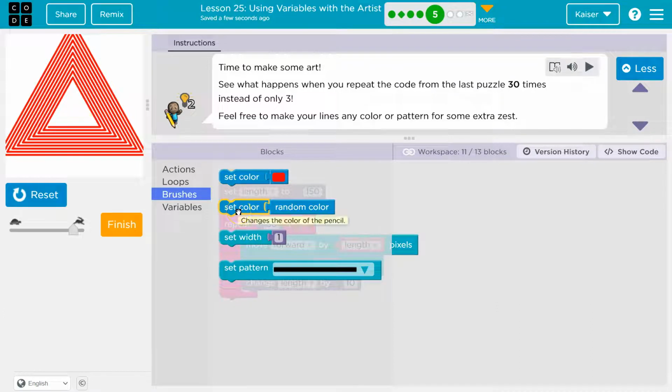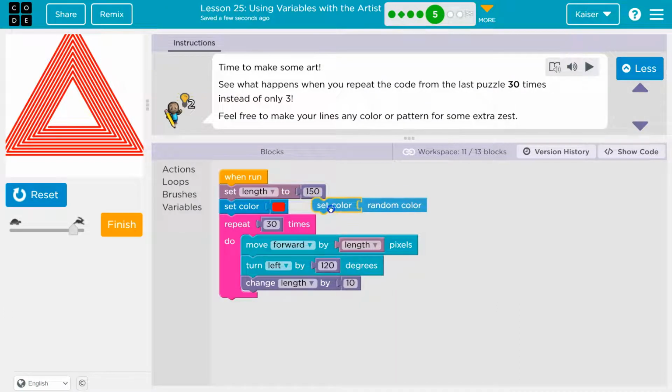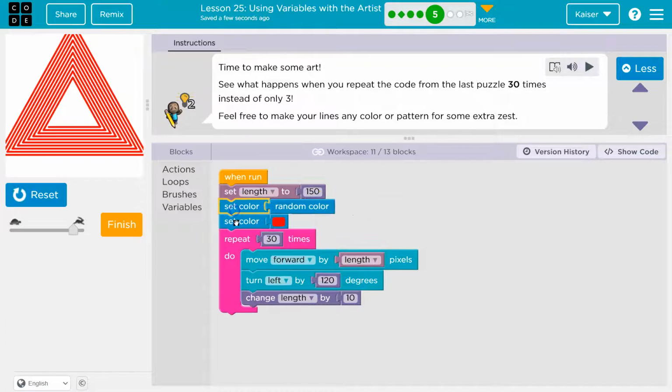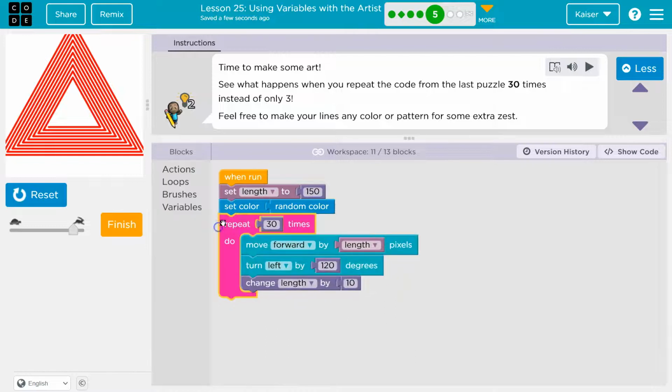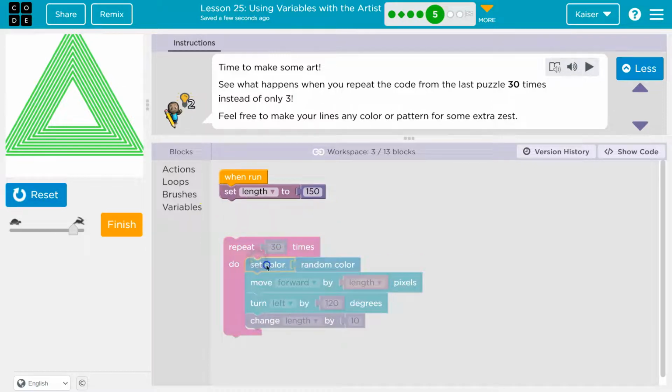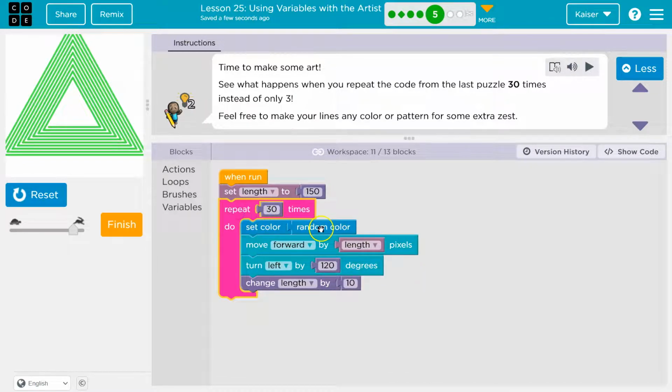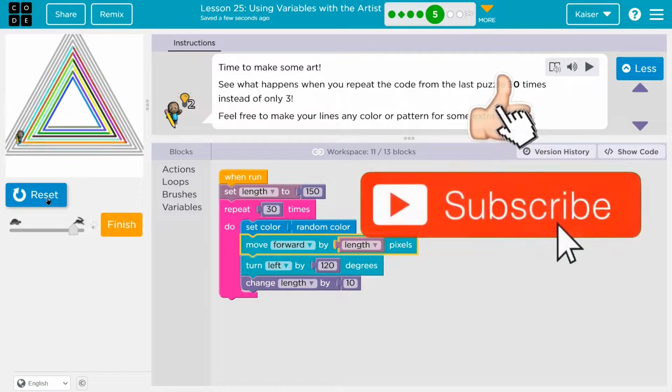Look at this. So this is going to be cool. Notice set random. Now if I do it up here, ooh, I want to do random for sure. If I do it up here and I set it to random, boom, it's only going to set that color once at the top, right? Because this will only run once. However, if I put it in here, the repeat runs 30 times. So now every line, it should pick a different random color.